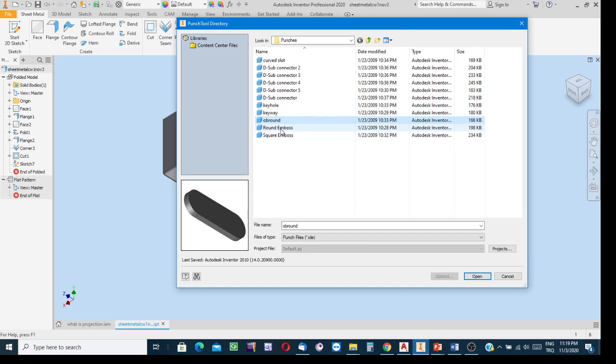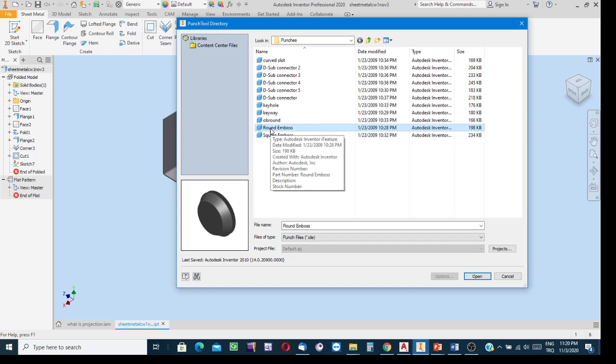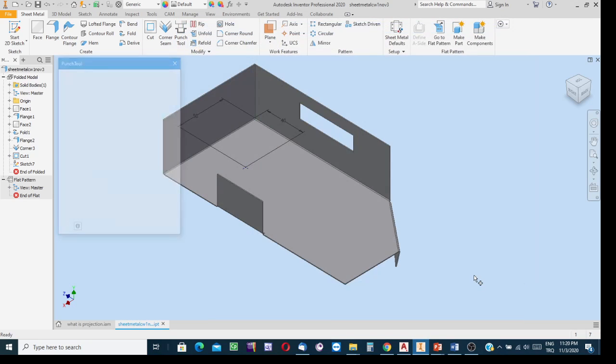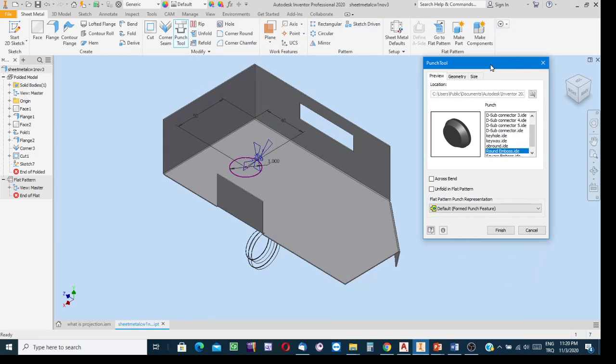Round emboss. Here I'm going to create a round emboss. Say that you need to have an emboss, it is a round emboss. Okay, and then after selecting this option, click on open tab, and then be in this dialog box. Yes, here in this configuration dialog box, round emboss, the other option, the selected option can be seen